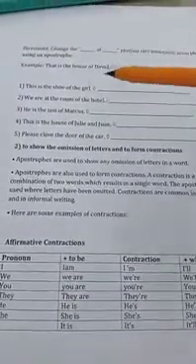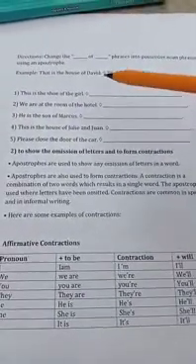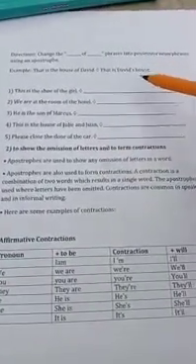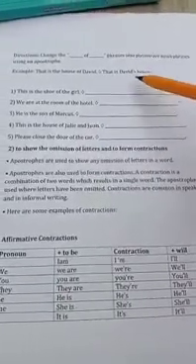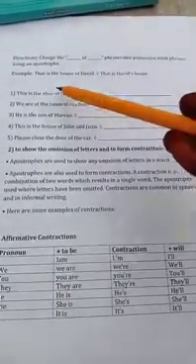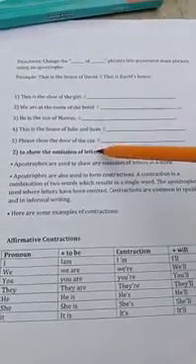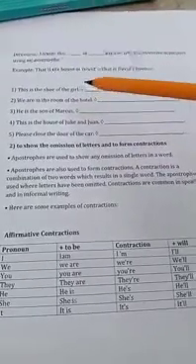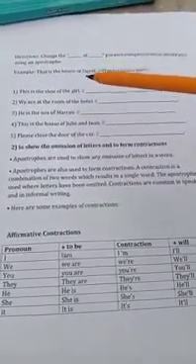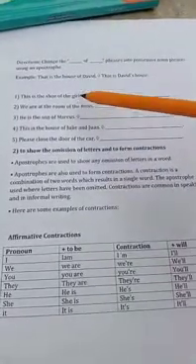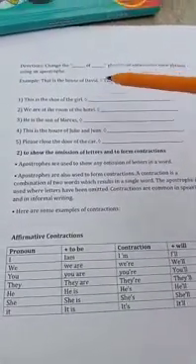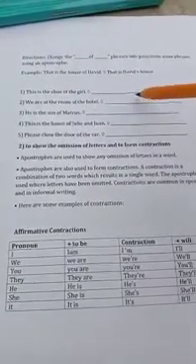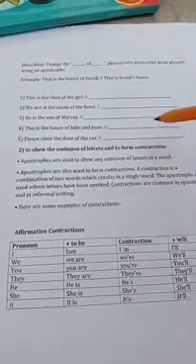Same thing, another example, that is the house of David. Here David is the name of a person. That's why we write that is David's house. If it is a living thing, we use an apostrophe. Yes, you are supposed to write answers for these questions. This is the shoe of the girl. What is the answer? Can you tell me? Yes, this is the girl's shoe. Here girl is singular. That's why you write this is the girl's shoe. Got it? Similarly, you have to write the remaining 4 answers.